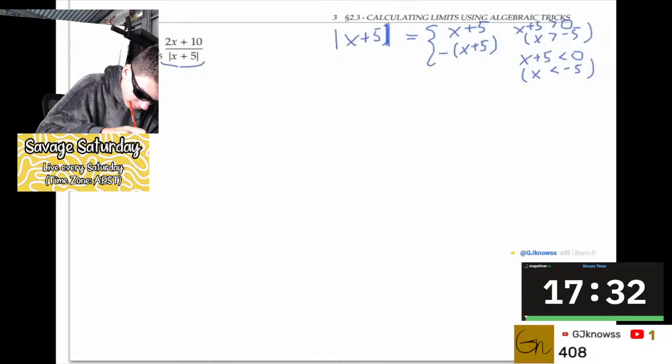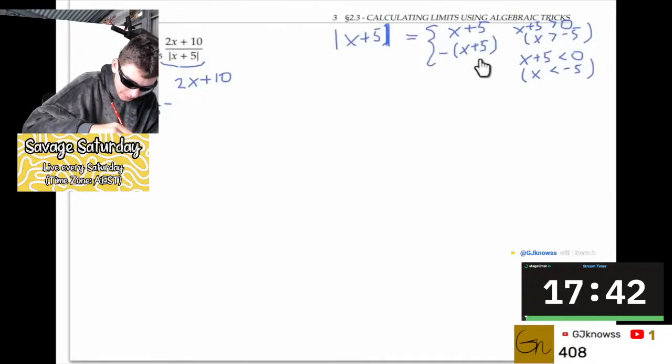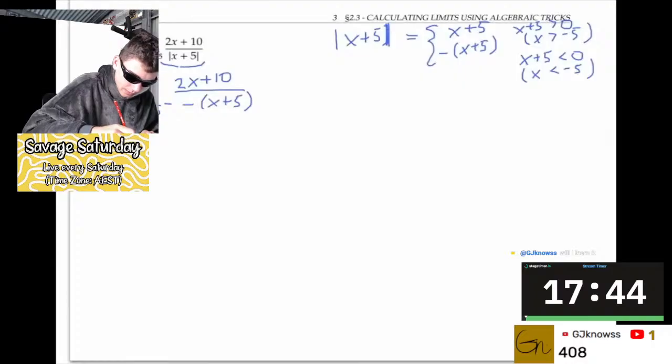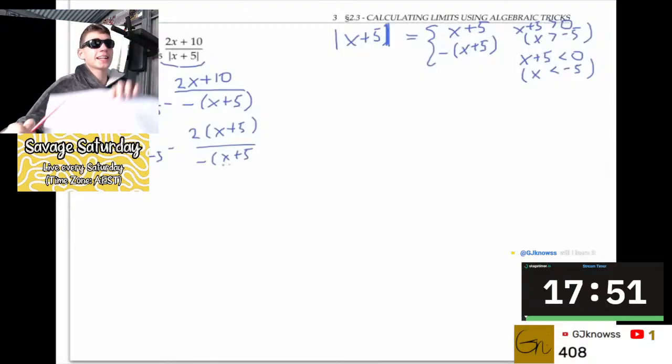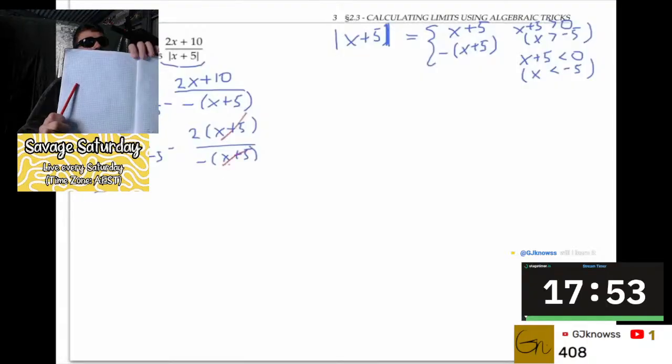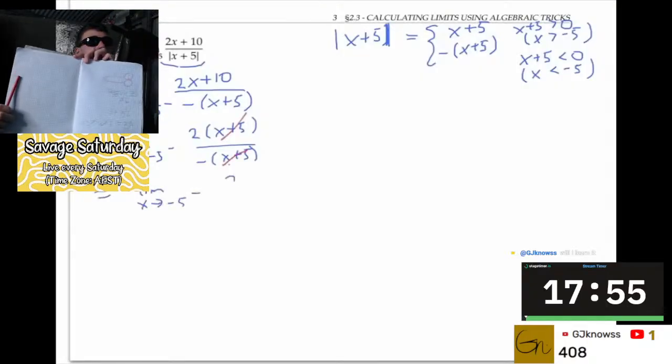Now let's look at one-sided limits. As x goes to negative 5 from the left, we have a situation where x is less than negative 5, this situation right here. And so we can rewrite the absolute value by taking the negative of the expression. We still have a 0 over 0 indeterminate form, but if we use the old factoring trick, factor out a 2, and cancel, we get the limit of 2 over